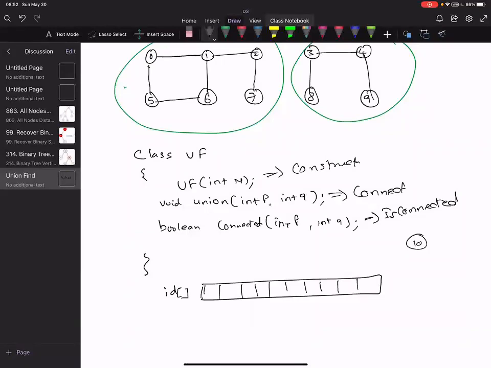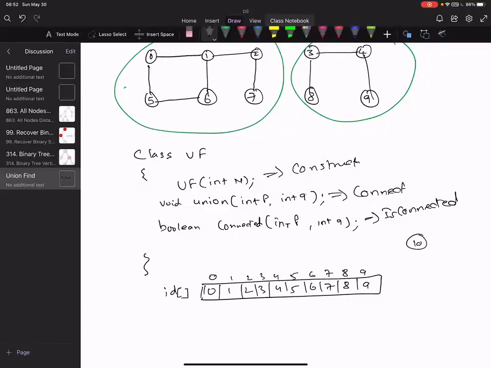Okay. So the way I want to store is that if I want to define a union find of 10 nodes, I will define an integer array with size 10, and this is my index, right? And I will initialize each with the same number as its index.